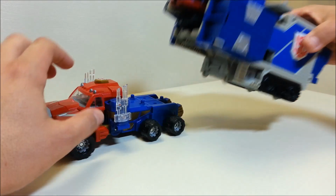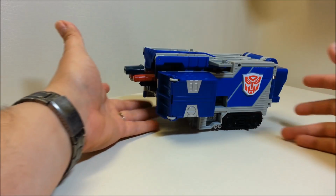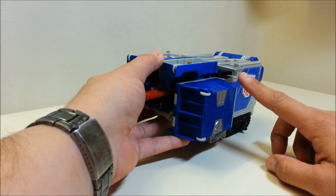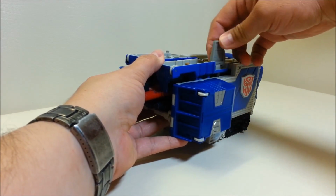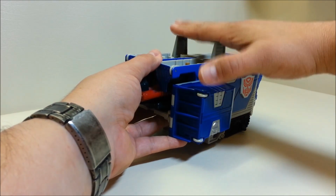So that guy is already turned on. So we're going to take Optimus off the trailer right here. And the only thing we have to do to prepare this is we've got these flaps right here on the tops of the trailer. So we're going to go ahead and put these guys up because these guys are going to lend support to